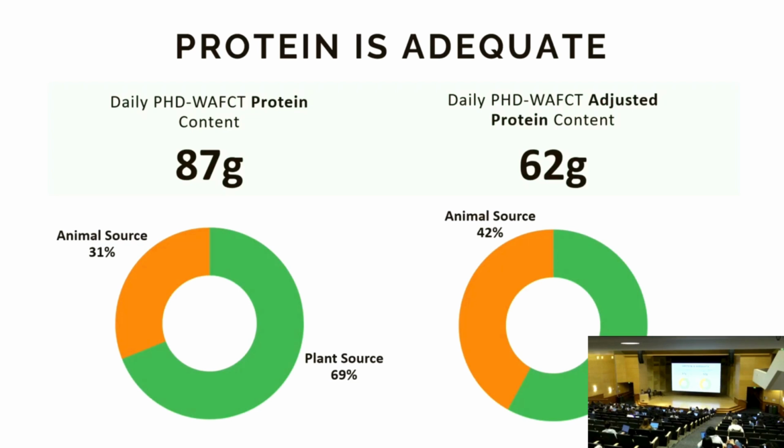You'll notice that a higher percentage of those are from animal sources because more animal source protein is digested than plant source. So overall, the key takeaway is that protein is adequate, but also remembering this is for 2,500 calories. Many of us don't eat that many calories in a day, so our protein intake would also be less under this. So we want to make sure that it would still be adequate with a lower calorie diet.